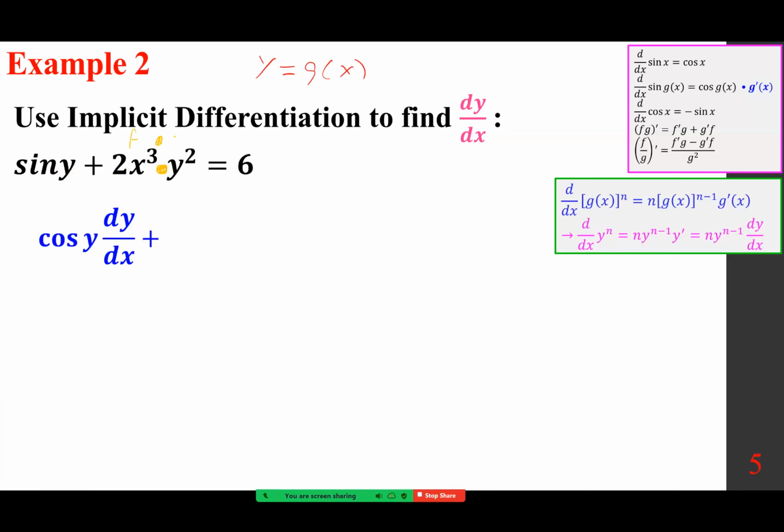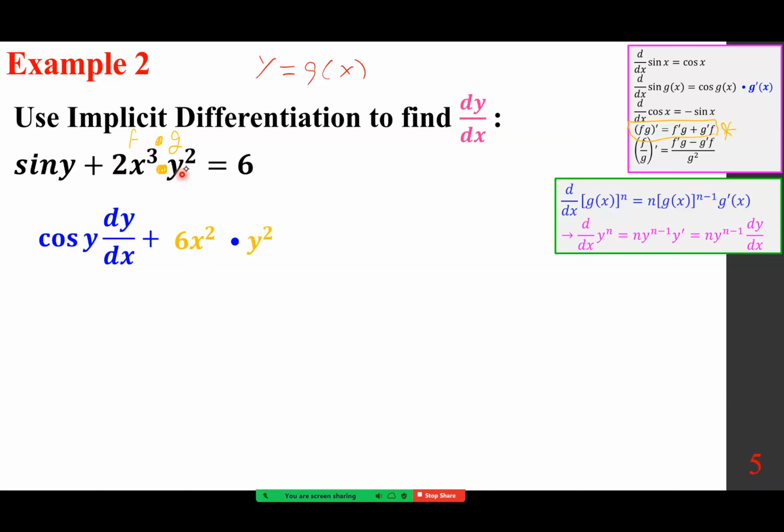f times g. We're going to use the product rule on that. 2x cubed gives me 6x squared times y squared. This is f prime, now g,